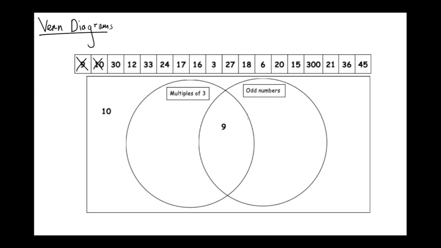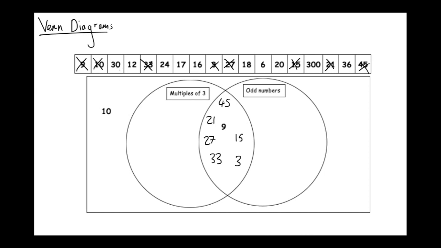So we need to think about what's going to go in the middle of this chart. Well, in the middle, they must be odd and a multiple of 3. So let's look for some odd multiples of 3. So here's one, 27. That's odd and a multiple of 3. 15. 45. Any more? 33. Okay, and 3 as well. 21 can go in there. And I think the rest,